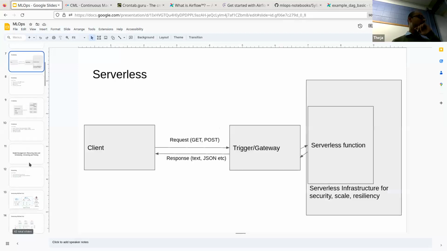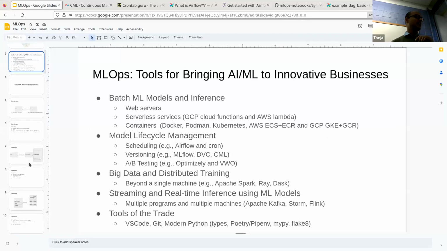Actually, maybe it's said in the first, if you see the versioning, I think in the subsequent slide I didn't mention, but CML is the tool that we are just seeing now. And we're seeing it now and not before because we had to go through Git and GitHub a little bit to get a feel for version control first, and then we're looking at this.